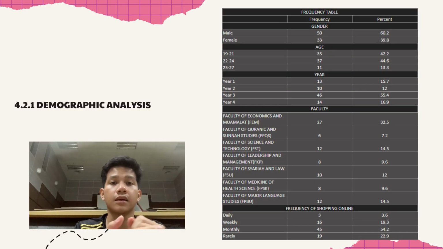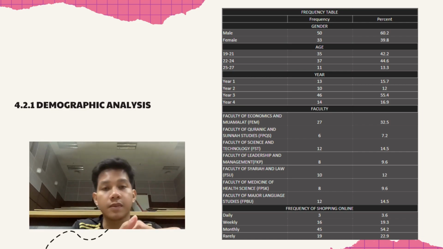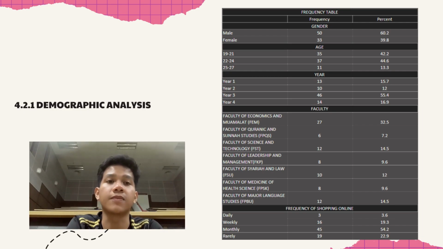Based on the table, the majority of respondents are male, constituting 60.2% compared to females, who make up 39.8% of the sample. In terms of age distribution, the age group 19 to 21 years accounts for the highest percentage, representing 42.2% of the respondents, indicating that a significant portion of students falls within this age range. Regarding the academic year, Year 3 students dominate with a percentage of 55.4%, followed by Year 4 students at